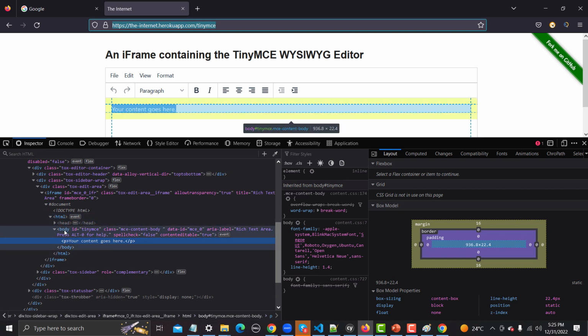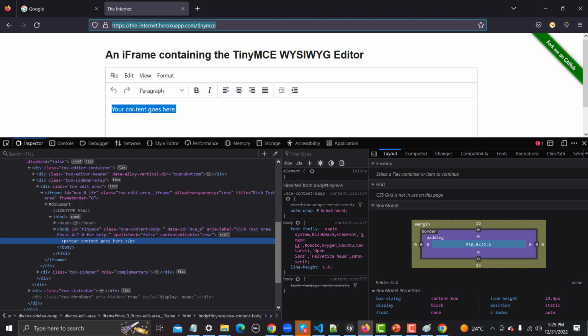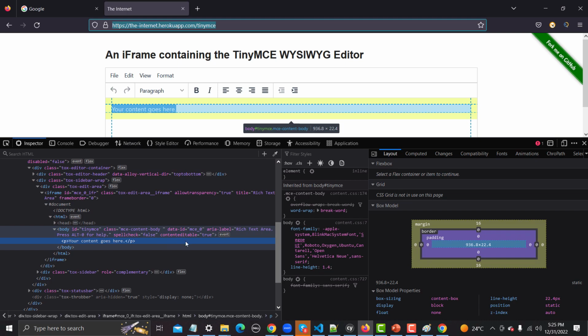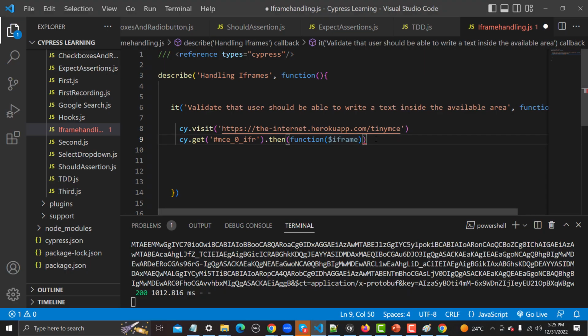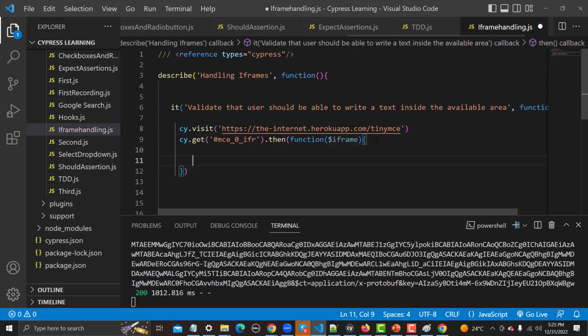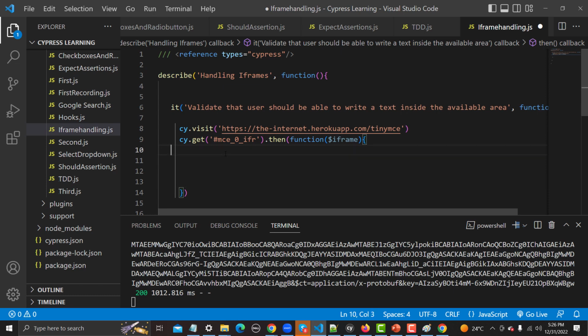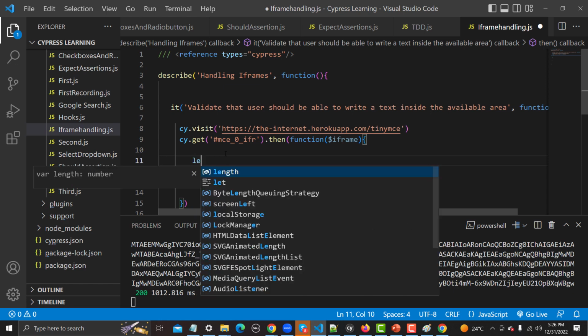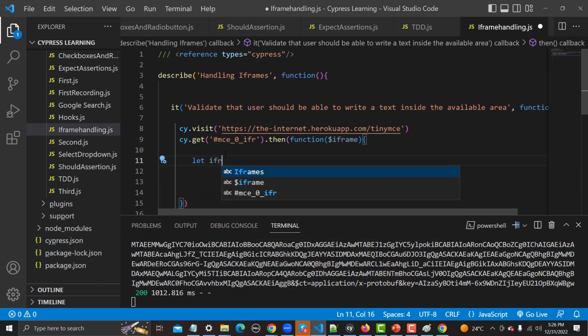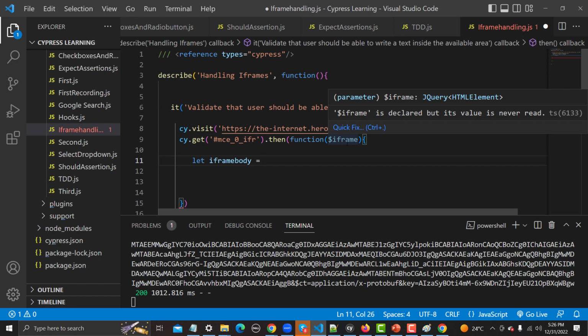Inside this we need to go to the body, because this is the body where we can actually write. So let me go back here. We have resolved this, and now we need to provide a body. We know that inside $iframe we have the whole HTML, but where we need to type is the body. So for that, let me create one variable, and I will call it iframeBody. And how do we get the whole body from this? Simply what I need to do is